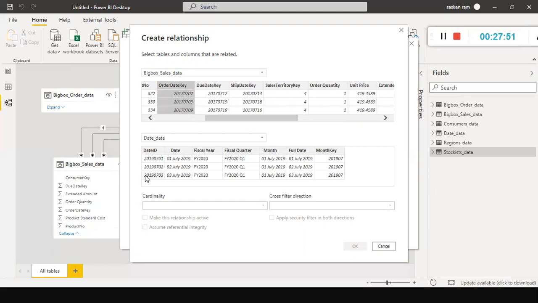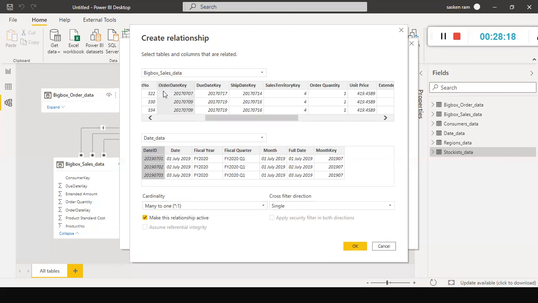In this one, look here, the date ID. Date ID in this table is matching this value somehow. Also my business people told me very clearly, you need to use date ID from this table, and in this table use order date key to link up these two tables. So I'm going to select date ID.